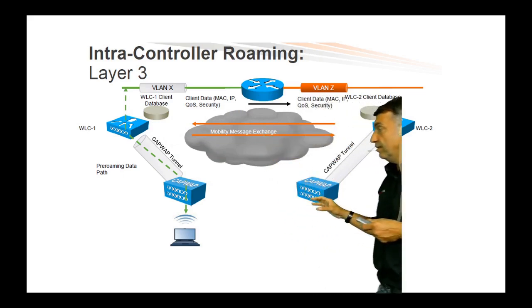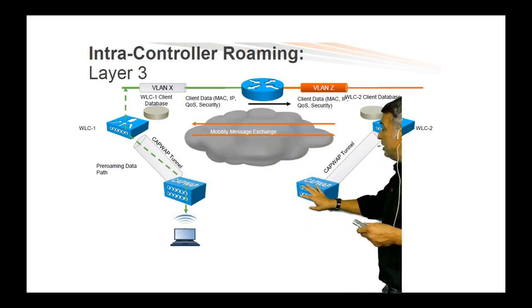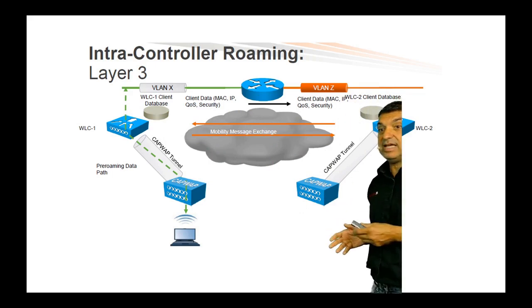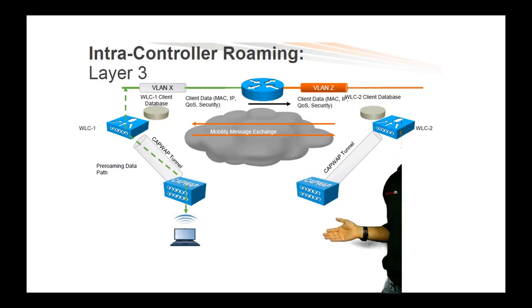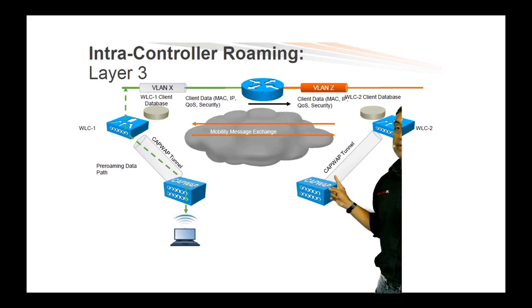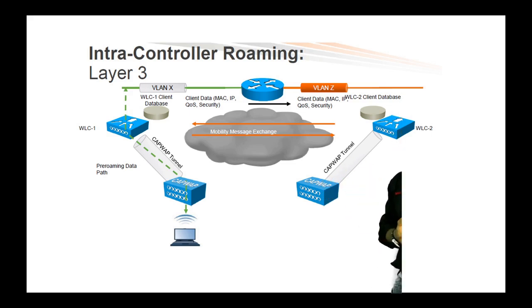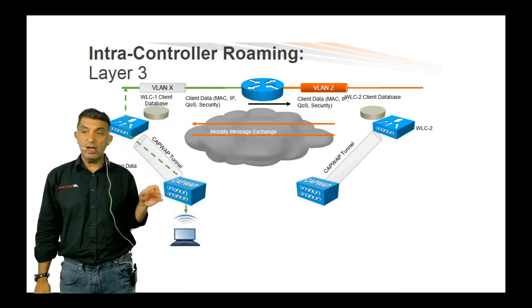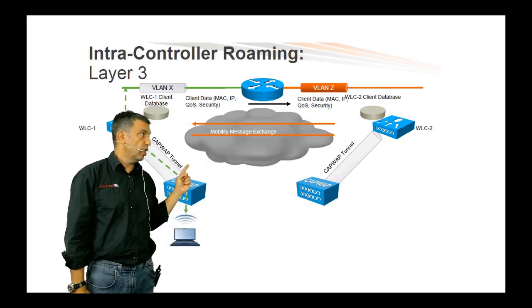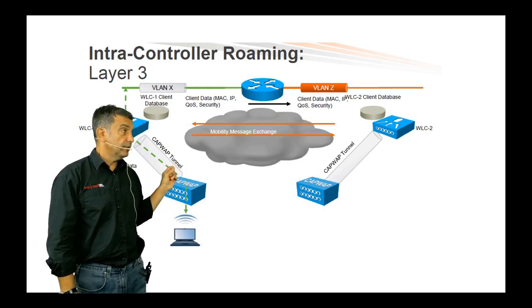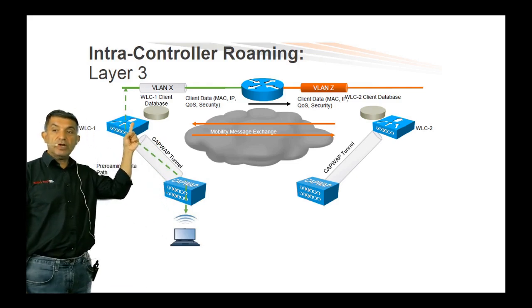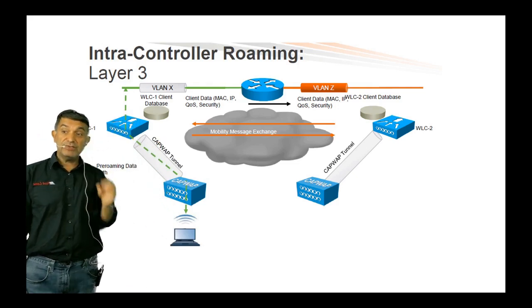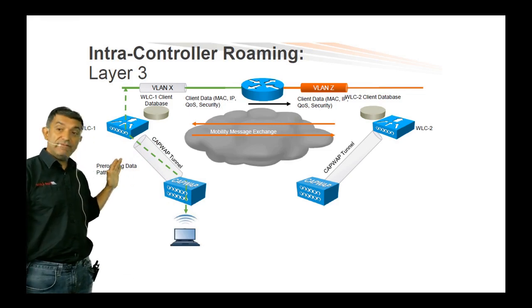It means the connection between the AP and the controller. In this case, it's a standard protocol, standard tunneling. We have an RFC protocol here, CAPWAP, which is used by Cisco systems. But other companies, like, for example, in this case, Aruba, they use a GRE tunnel. And then, with a layer 3 intra-controller roaming, the very interesting, nice thing is, you can have here